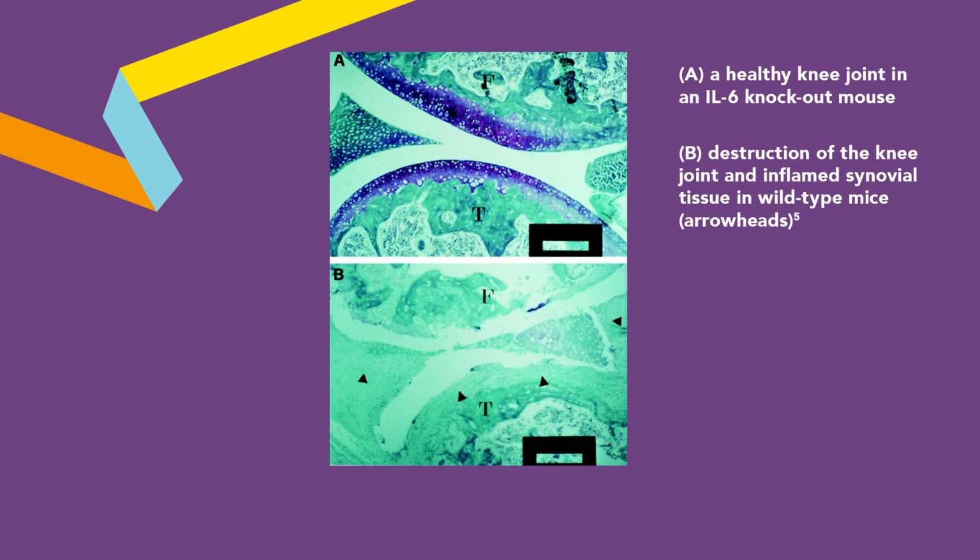There is an elegant study from the group of Gennaro Siliberto some years ago showing that collagen-induced arthritis cannot be induced in mice that are knocked out for IL-6, showing the important role of this cytokine in the development of experimental arthritis. And there were then plenty of studies in rheumatoid arthritis and also in juvenile idiopathic arthritis showing very high levels of IL-6 in the sera and synovial fluid of patients with juvenile idiopathic arthritis.